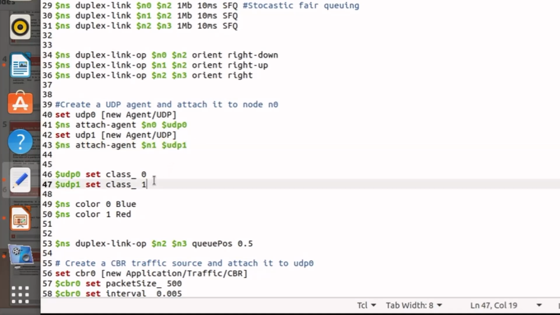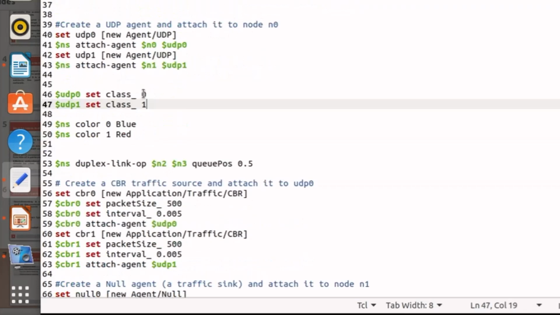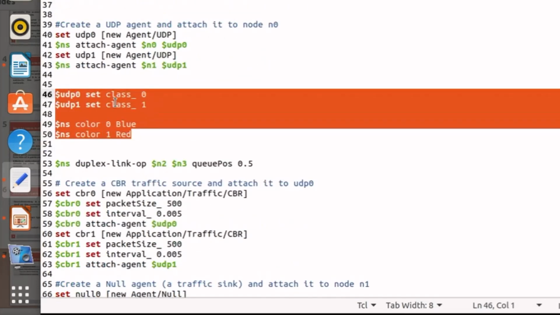Now these four lines are for clear understanding of the scenario. Since we are using two nodes as source, we are trying to distinguish between their packets using different colors.